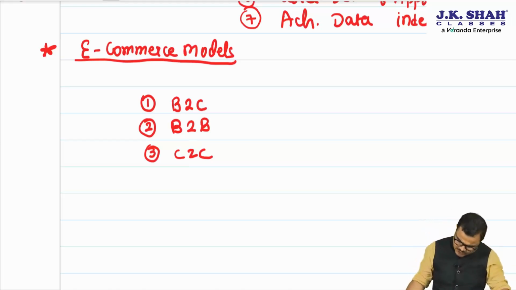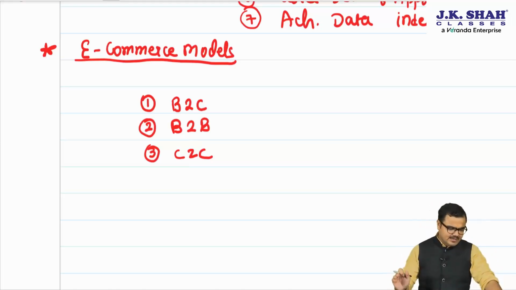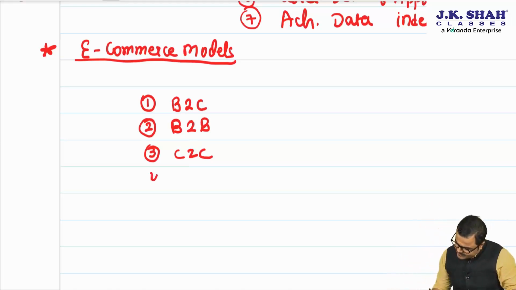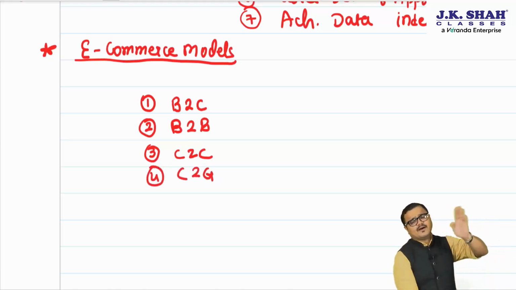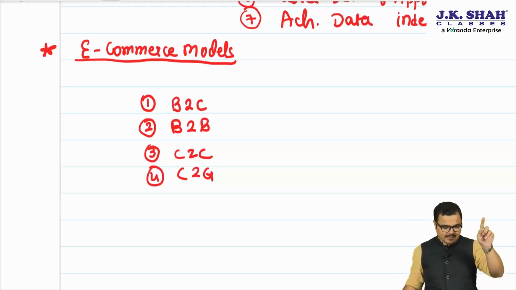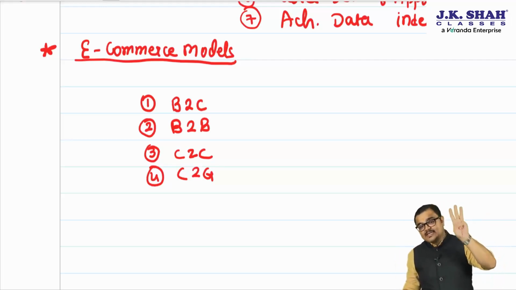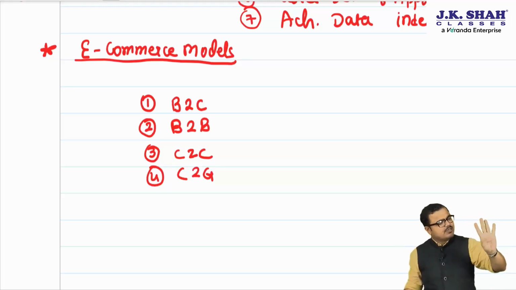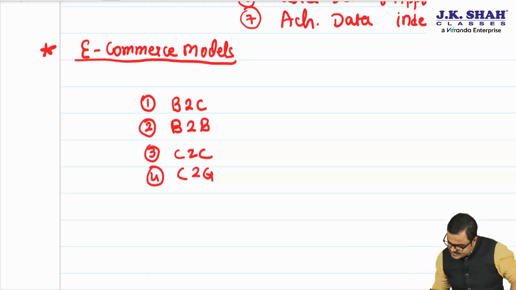B2B, it is also completely understood. C2C, that is also clearly understood. Then we have number 4, C2G, consumer to government. What exactly will a consumer pay to government? Obviously tax. So it is an e-commerce platform whereby the consumer provides something to government. B2C, yes sir. B2B, yes sir. C2C, yes sir. C2G, yes sir. Fifth one, G2C,